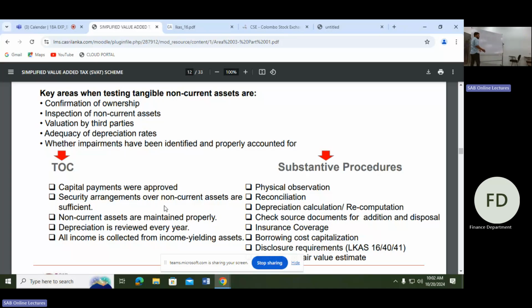We should have an understanding. By the definition, assets should be generating income. So whatever income is generated to the P&L should be generated from the assets recognized in the balance sheet. We don't have any other sources of income generation. We need to have kind of a monitoring process over there. Those are the basic things. Other than that, you can have some more TOC procedures